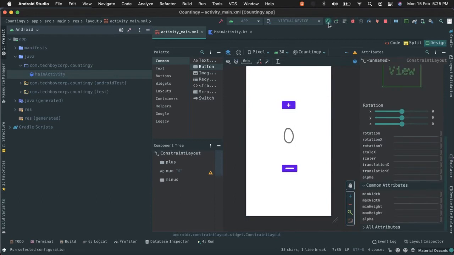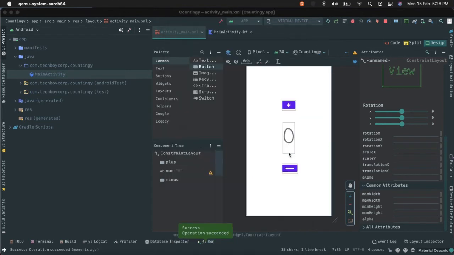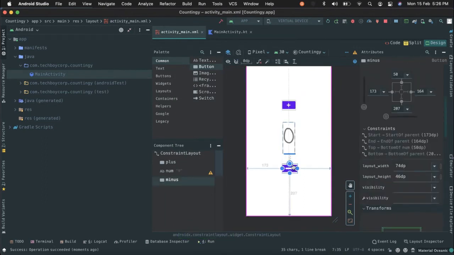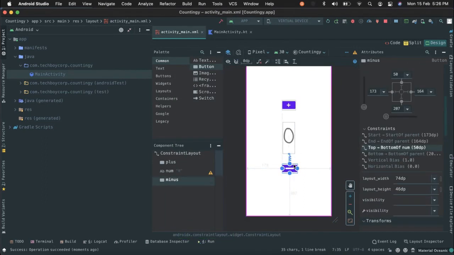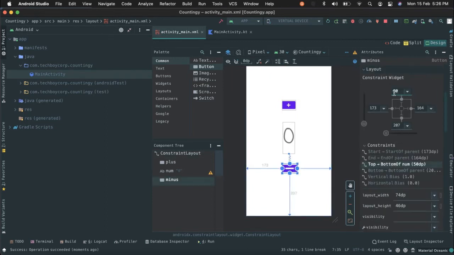Okay, cool. So let's just run this and see how our application is looking. Wait for a second. It would automatically open the emulator. Android emulator. Right now we have the emulator. The build is running, and right now we have the subtract and we have the plus. You're able to see that subtract is really far away from our 0, so it's not looking that sophisticated. So I'll change its constraint. Okay, this constraint to a little lesser, so that it's a little nearer to our text. So I'll press enter.